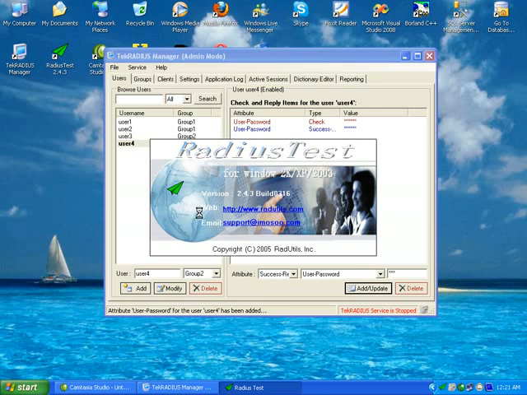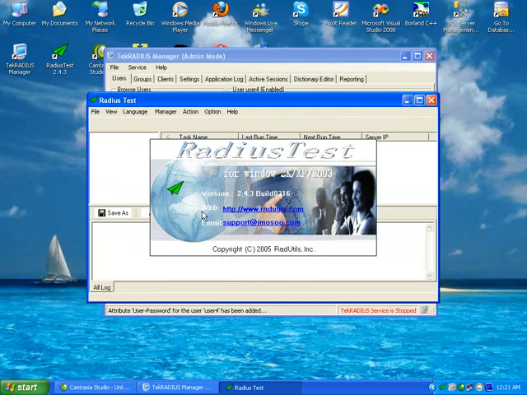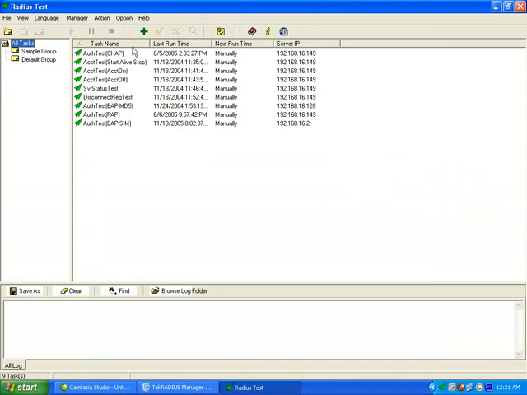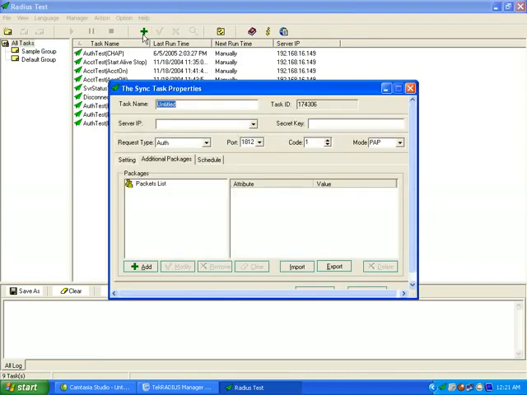This software will create access request packet and will place some user's attribute and send to the tekRadius server program. To do this task, click on the plus sign here, specify the task name,